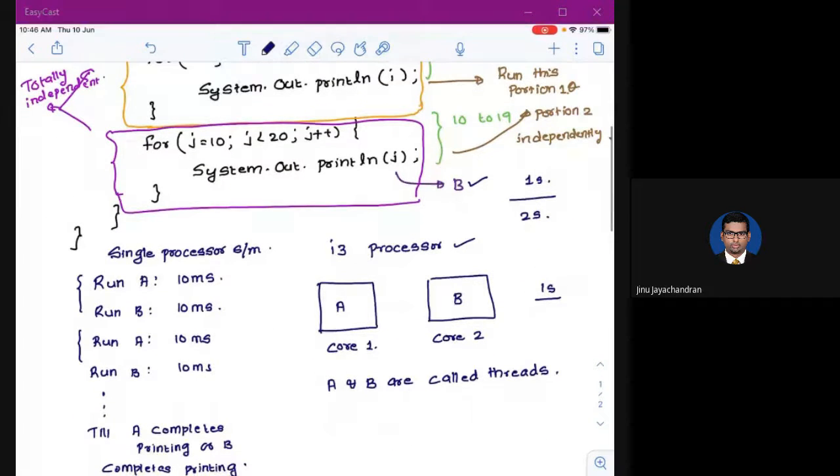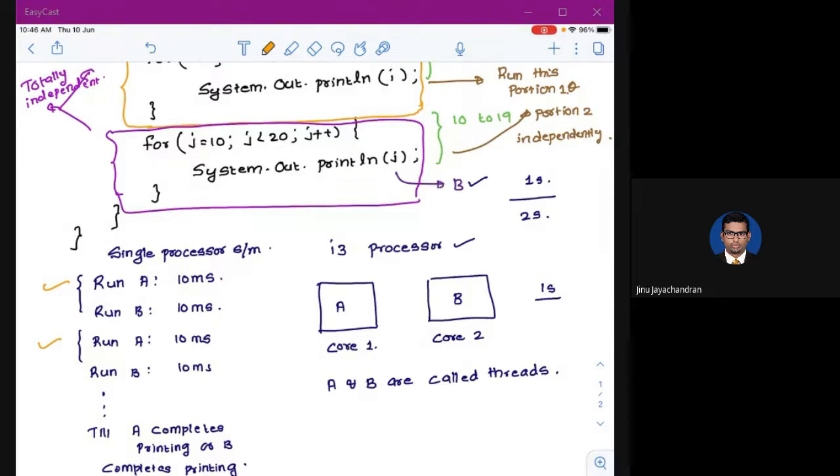What I described is called round robin. You might have studied it in embedded systems, where you start a task or thread and run it for a fixed amount of time, stop it whether it has completed or not, and start the next thread. You run it for a fixed amount of time, stop it whether it is completed or not, start the next thread, and keep doing this until all the threads have finished running.